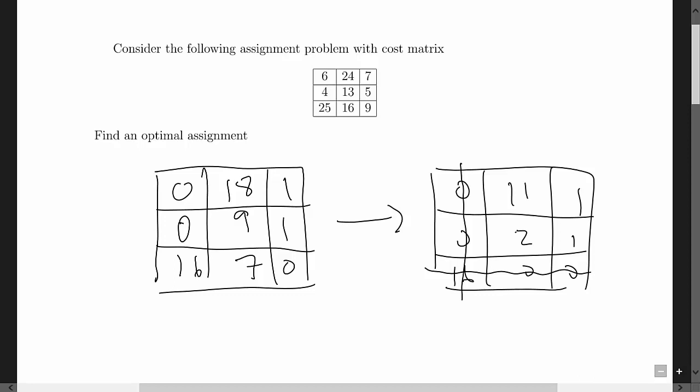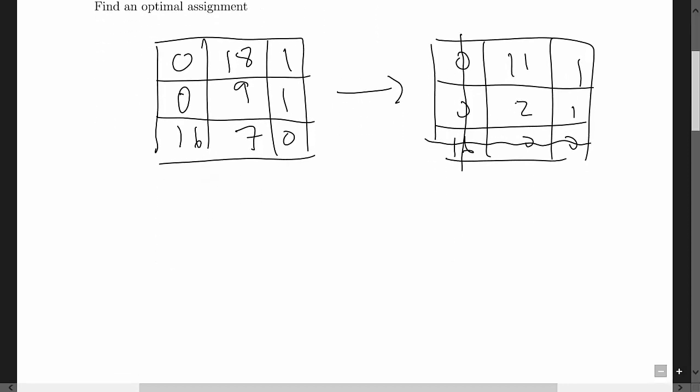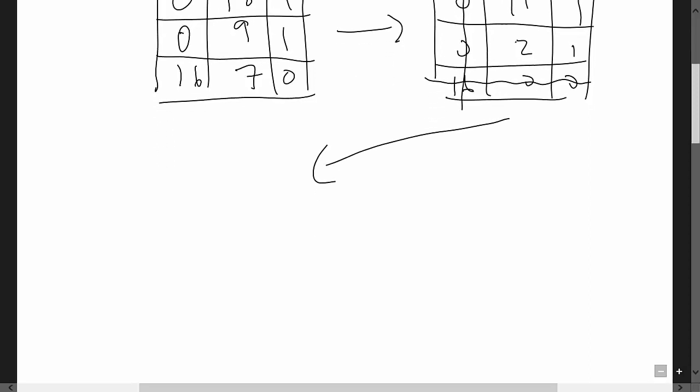So what I want to do is I want to convert these 1s into zeros without affecting any of these 0 entries. So what I'm going to do is I'm going to subtract 1 from every entry in the table, and then I'm going to add 1 back in to column 1 and to row 3. And so if I do that, what I get